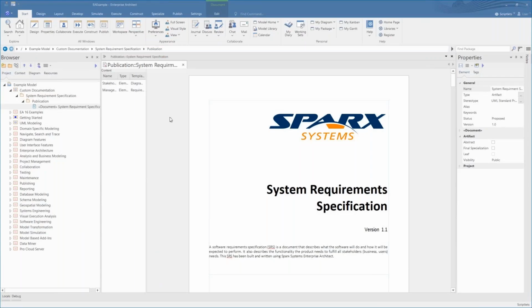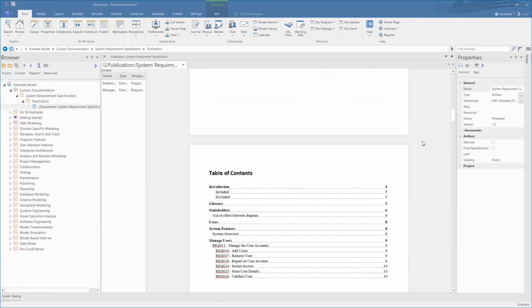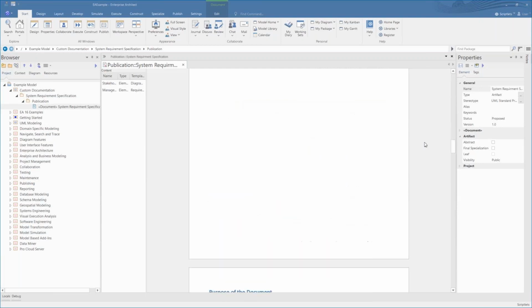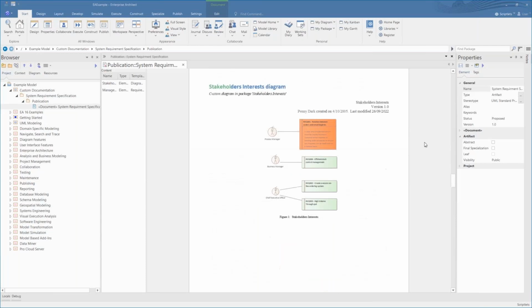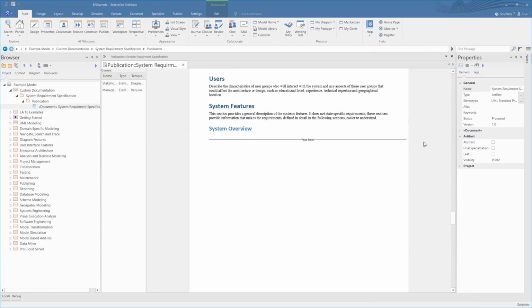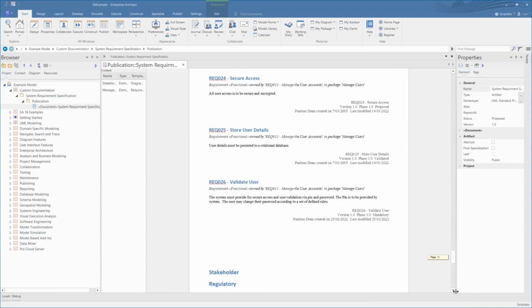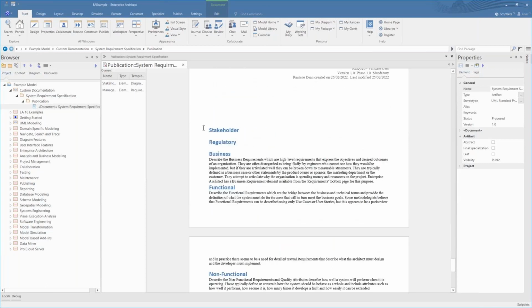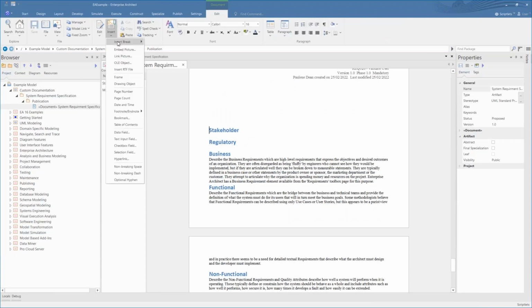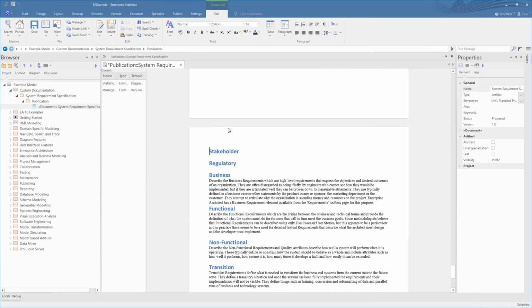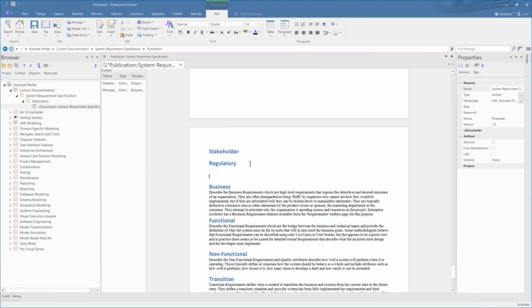So here we have our system requirements specification, and we can scroll down, and rather than having to scroll through a 100-page report, you can simply select an element and you can highlight the appropriate selection. So here we're going to insert some information on a regulatory basis, and we're going to use a particular template.